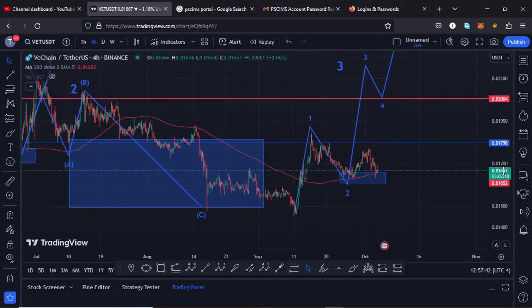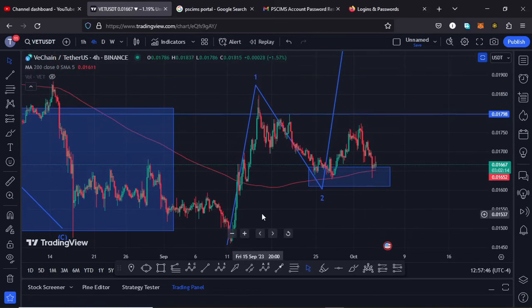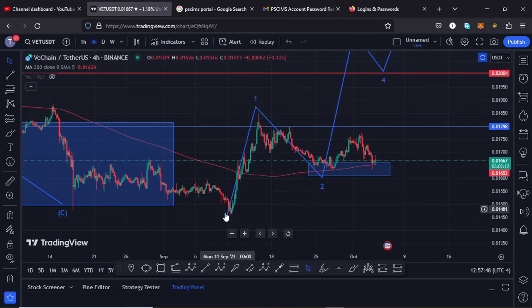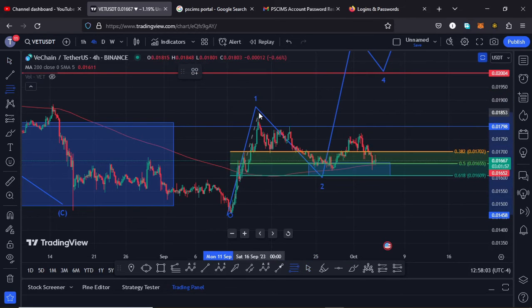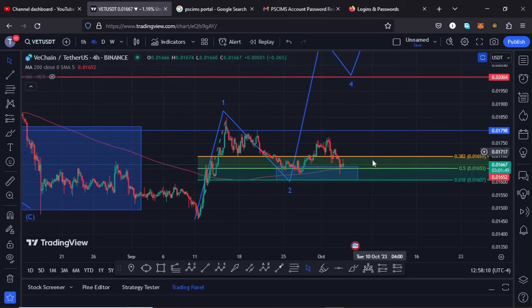Zooming in here on the charts, you can now see that Vechain has given us a high in the formation of this wave 1, and whatever we are seeing at the time of this recording is a breakdown move in the formation of this wave 2. Using the Fibonacci, connecting them from the low of the first wave to the high of that wave 1, I get a minimum target area for the second wave between the fib level 0.5 and the fib level 0.618,